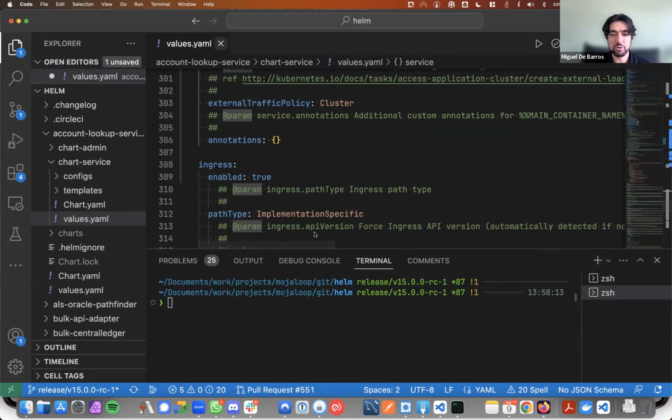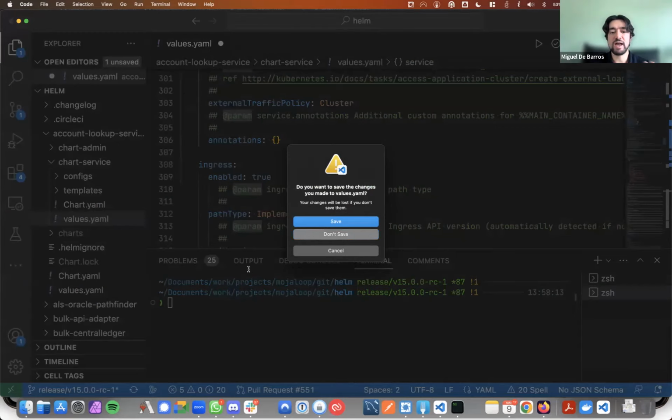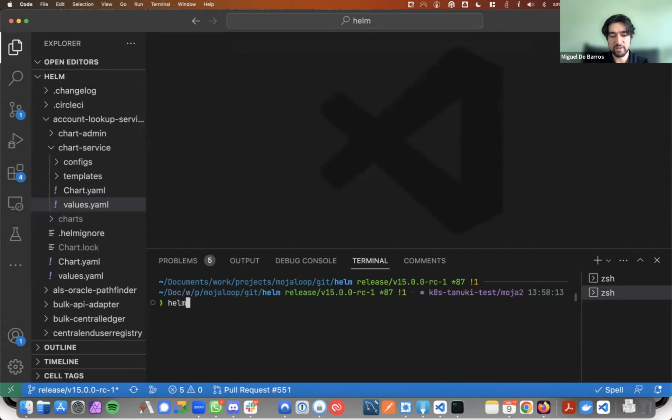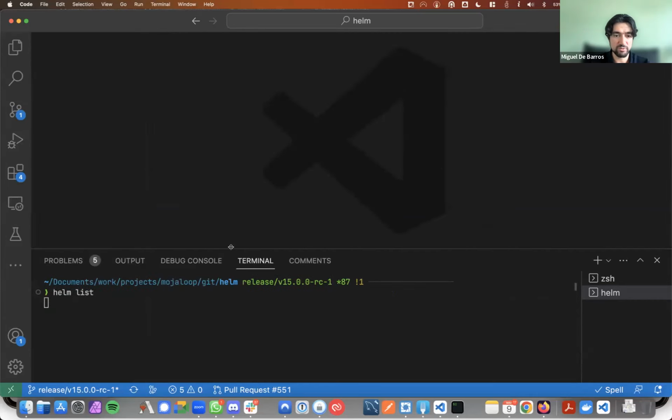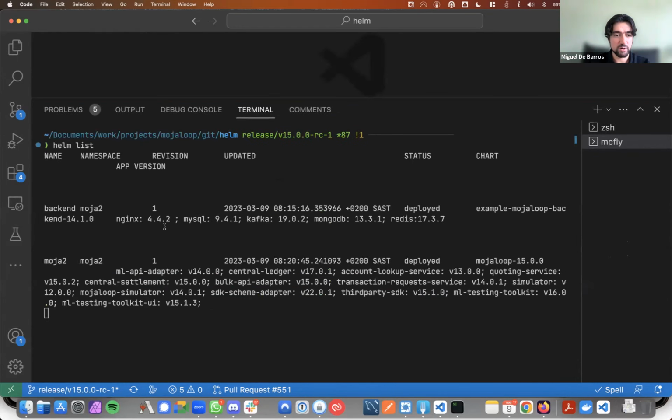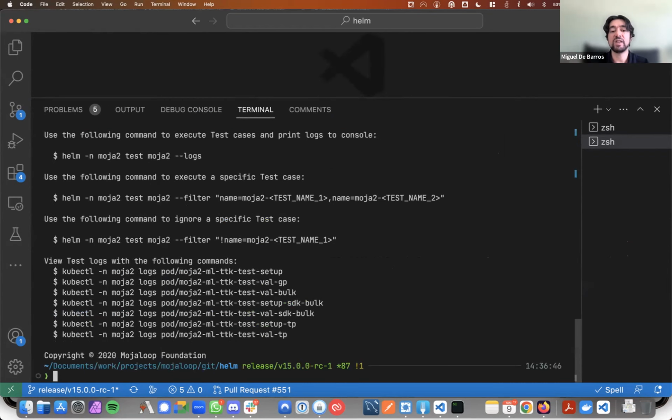What I'm also going to do is show you the announcements. So I'm just going to run a test here as well. I'm just going to get a list here. Let me just get rid of this thing on the left, make this bigger. Right, so this is currently my environment. I just want to quickly do a Helm status Moja 2. And I just want to show you how we run Helm tests using the CLI and how that currently sends a report to the announcements channel.